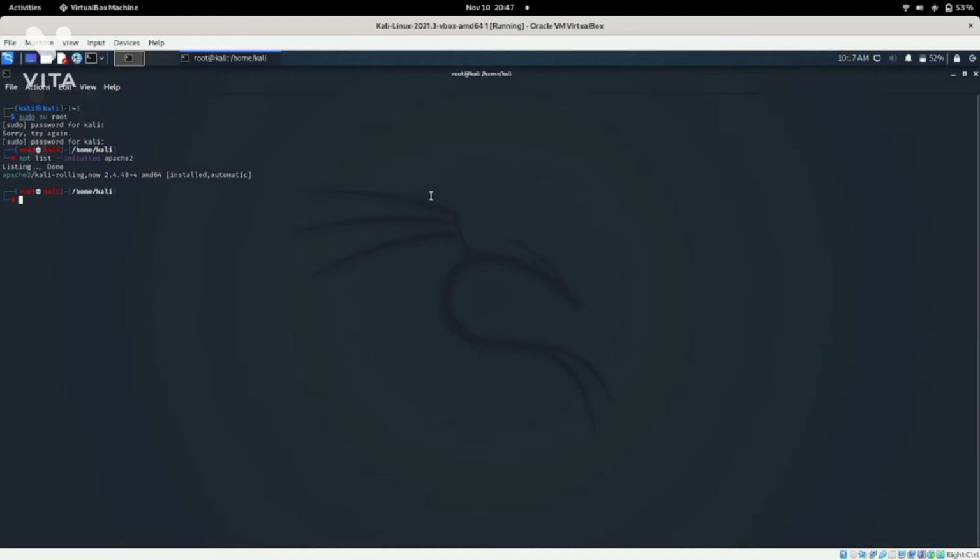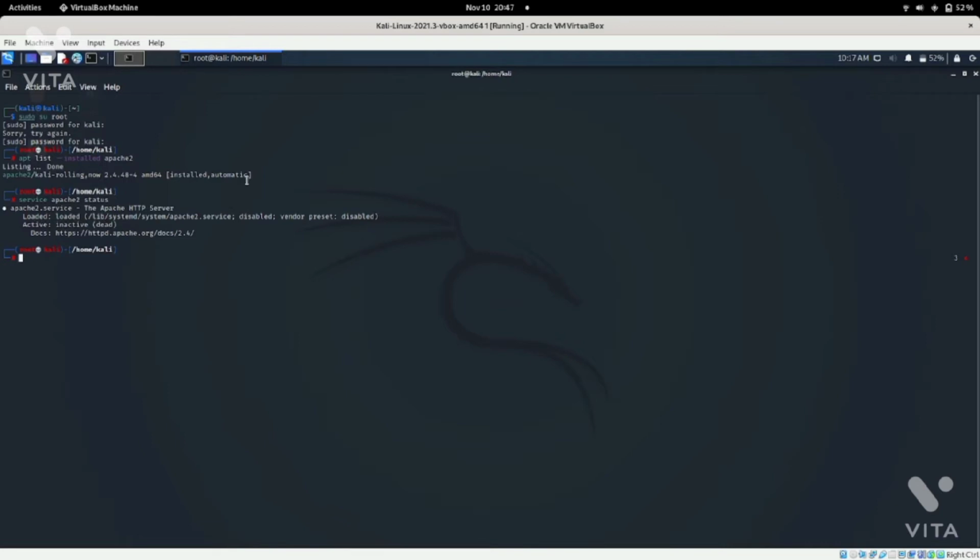For checking whether the web service is started, we use the command service apache2 status. Now here it is given that the service is inactive or dead.